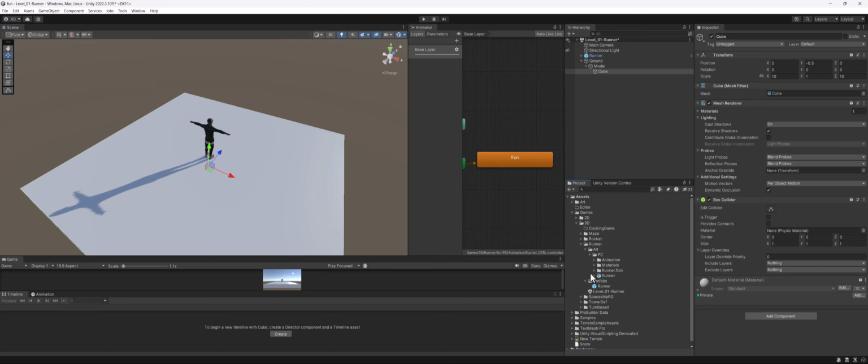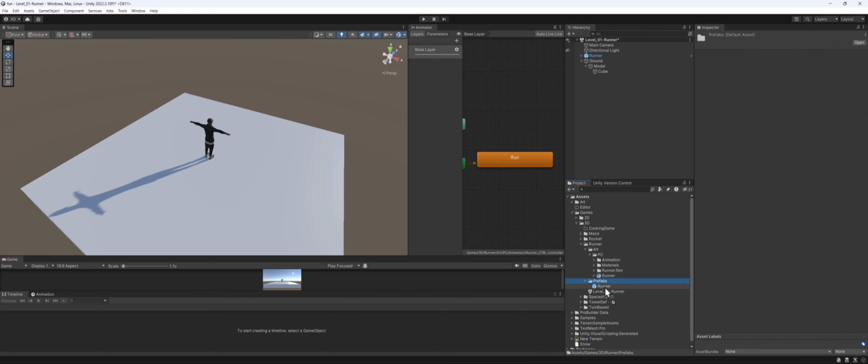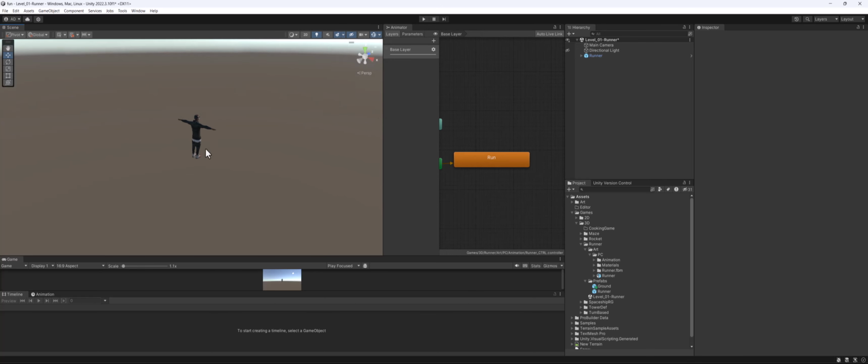All right, so what I want to do next is, in my prefabs folder here where I have my runner, I'm just going to grab this same ground piece. I'm going to drop it into that prefabs folder, and then I can remove it from the scene. And what I can do is go ahead and write some basic code that'll instantiate that prefab in our